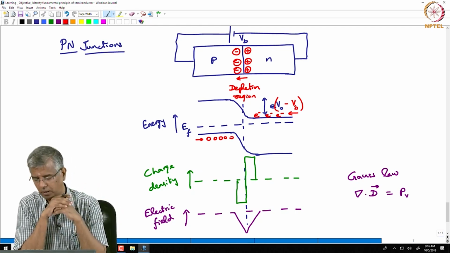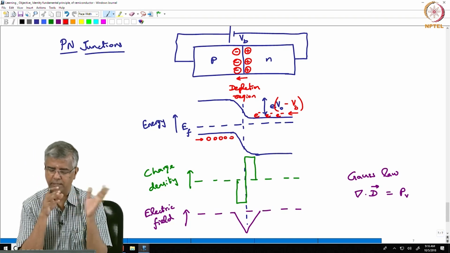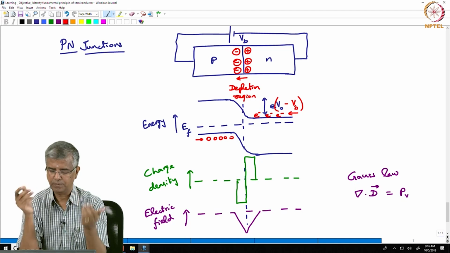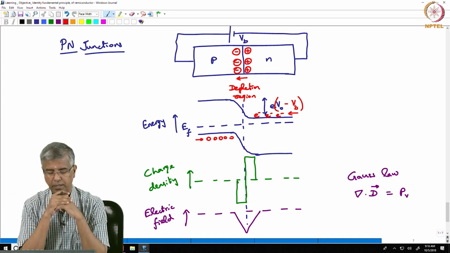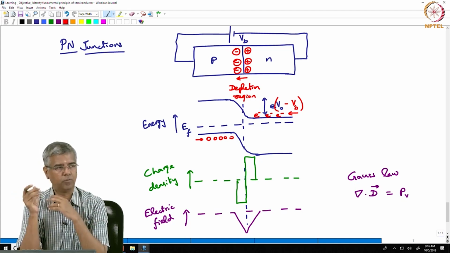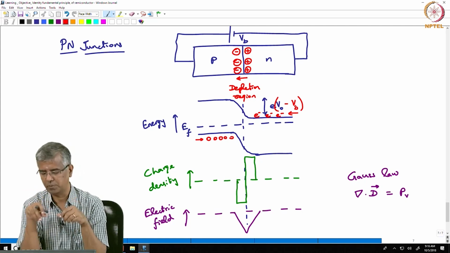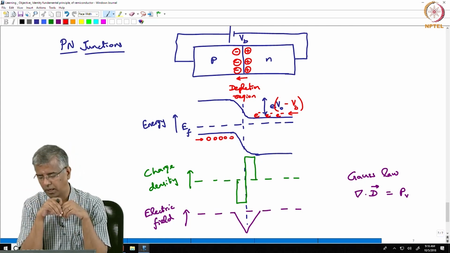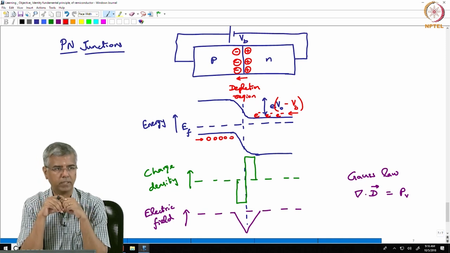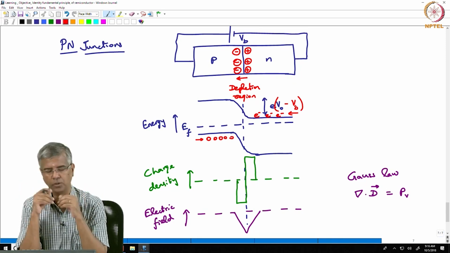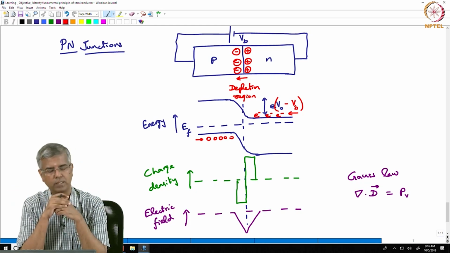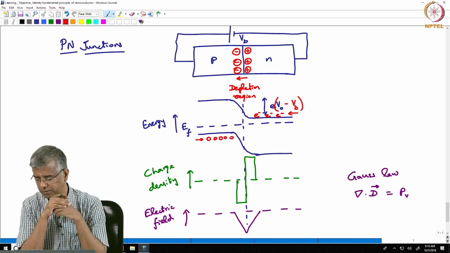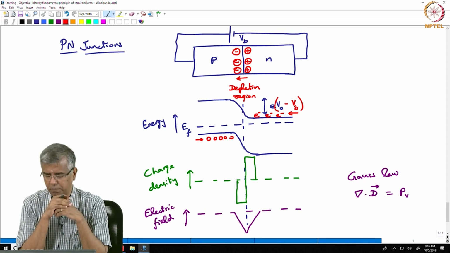So, it does not allow movement of charges. So, you would say that under reverse bias condition your diode does not conduct, and under forward bias conditions, especially when you have a bias that nullifies the built-in potential, then you have a free flow of charges across this. So, that actually brings us to